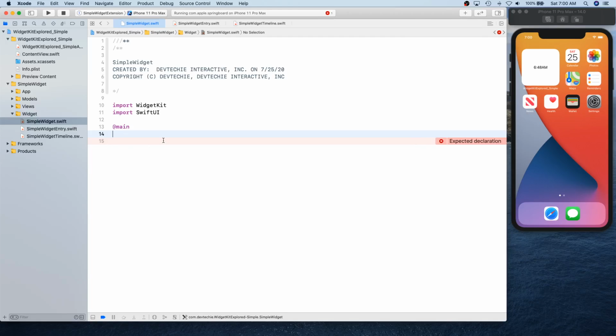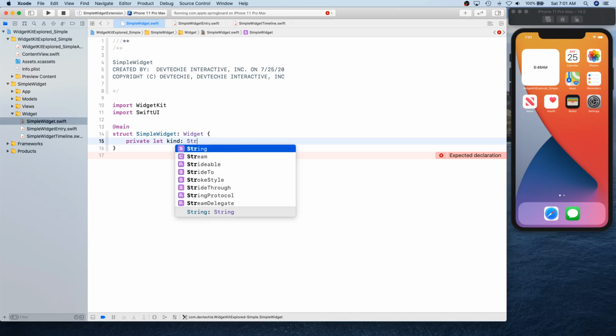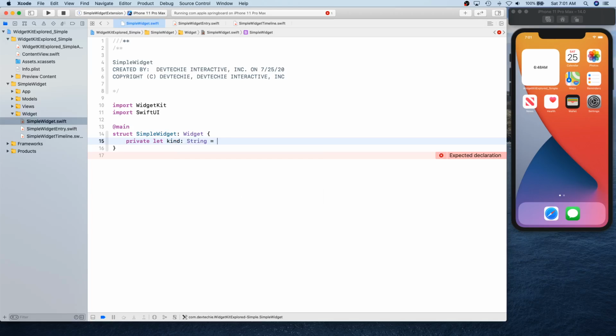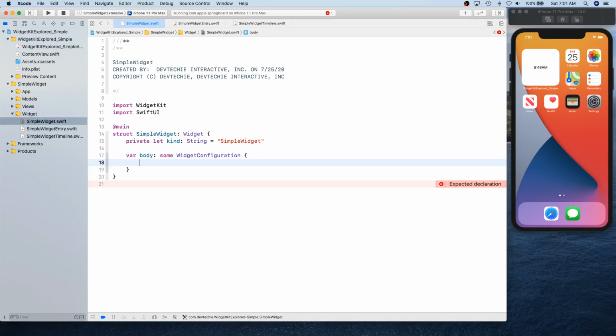Now, one thing I'll show you in a minute that you have to keep in mind is the membership. So let me get this SimpleWidget created as a Widget, and I'm gonna create kind. This is simply a string, and you can put kind as a struct name, and then body. Body is of type some WidgetConfiguration.